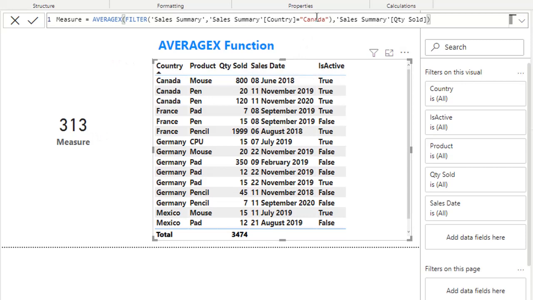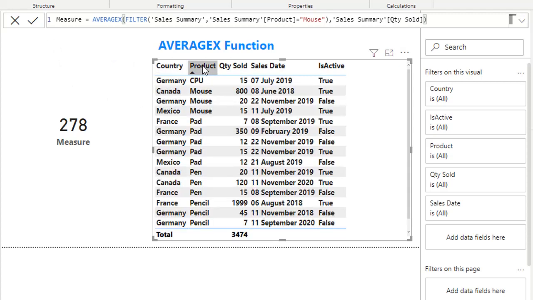Suppose I change the product rather than country, say product, and product equal to mouse. Now we have three rows for the mouse.